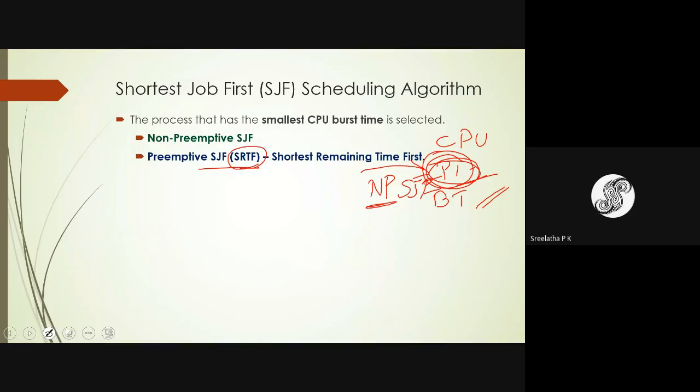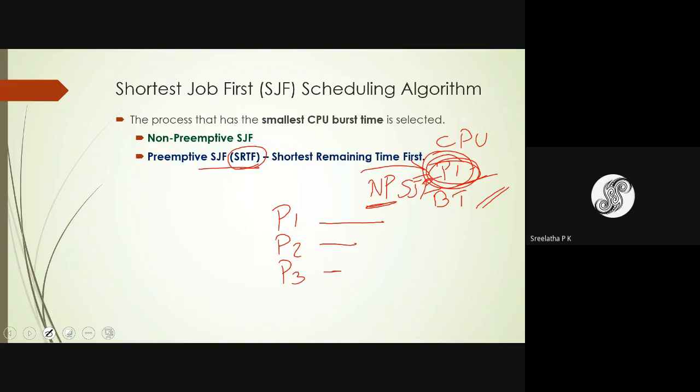What is shortest remaining time first? Now suppose P1, P2, P3, three programs are there, and these are the burst times, and all the processes have arrived.